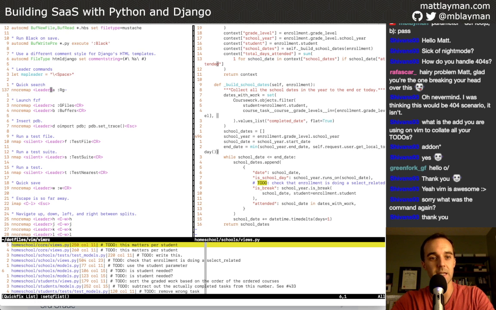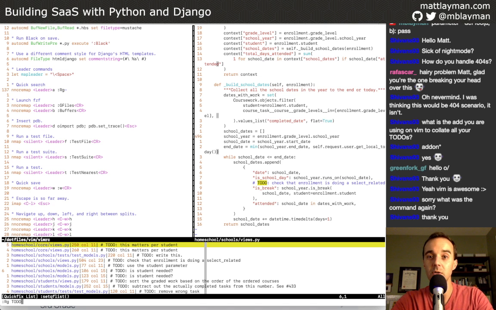I'm literally saying whenever I hit leader A, so spacebar A, populate the Ex command area with RG and a space character, shown as a dash because I have my editor set up to show trailing spaces. That gets me well positioned to type in whatever I want.